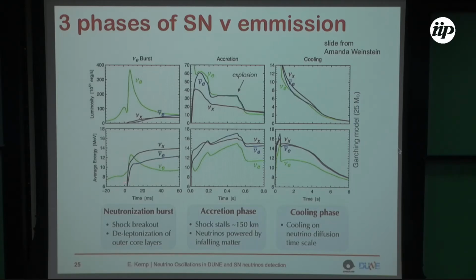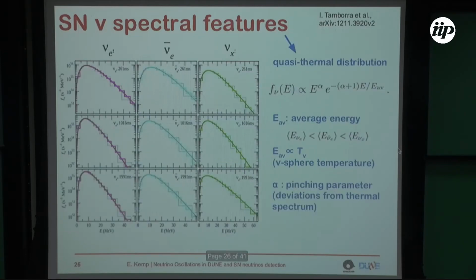But these are the average energies for the 3 different types of neutrinos, that you can see are always somewhere between 10 and 15 or 16 MeV. And one interesting feature is here, that we have lots of electronic neutrinos emitted during the neutronization burst. Okay, so just to give you an appetite of how the spectrum of neutrinos should be,